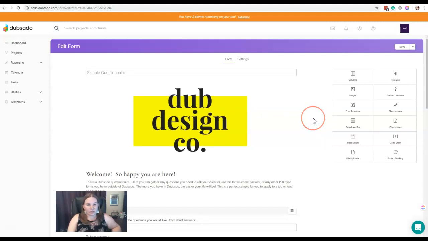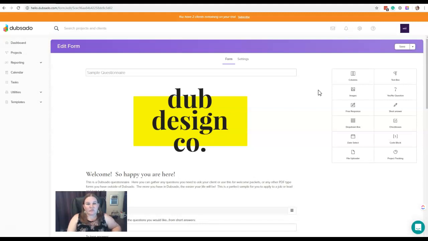And Dipsado does a really great job of putting together an example for you to look at and see the different design elements in action. Over here on the right is where you're going to find those different building blocks, and the majority of these building blocks are going to be the same across all different form types. Whether it's contract, proposal, questionnaire, it doesn't really matter. Most of these are going to be available for every single form type. There are a couple, however, that will be specific to specific form types, and we'll get into those a little bit later in a future episode.